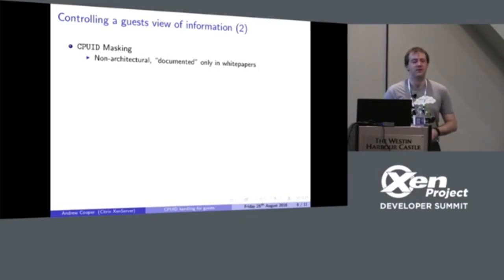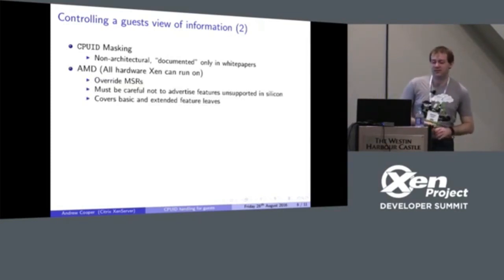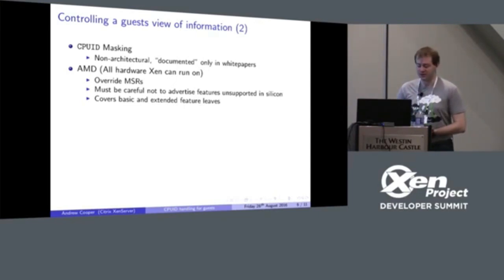The only documentation I can find on it is 2 white papers. Nothing else. On AMD hardware, it's implemented in terms of override MSRs, so we can directly control the exact information reported back from a CPUID call to